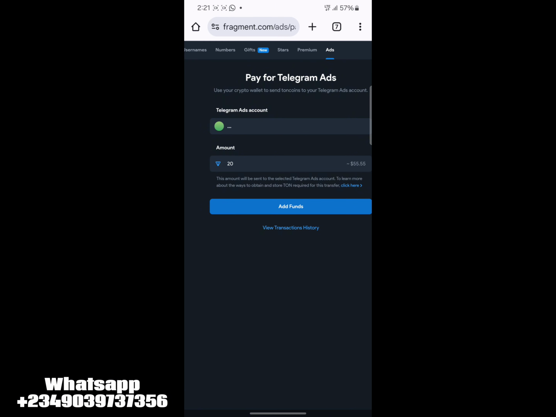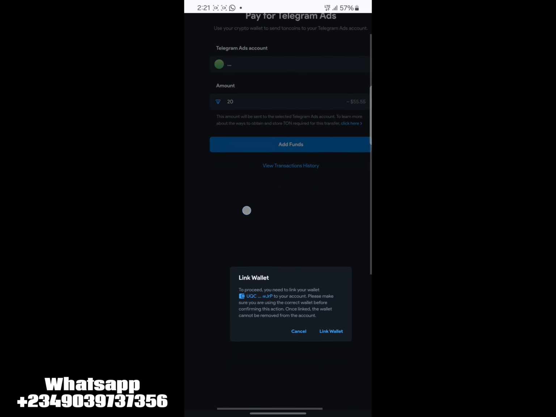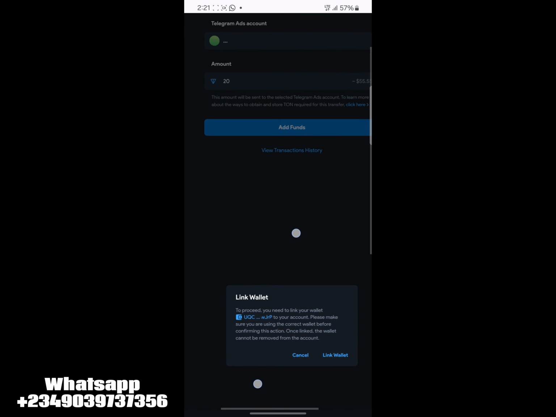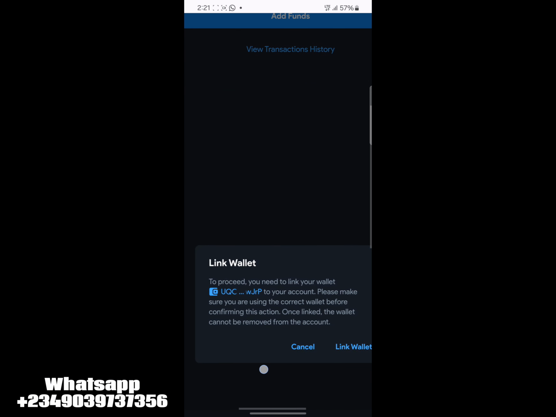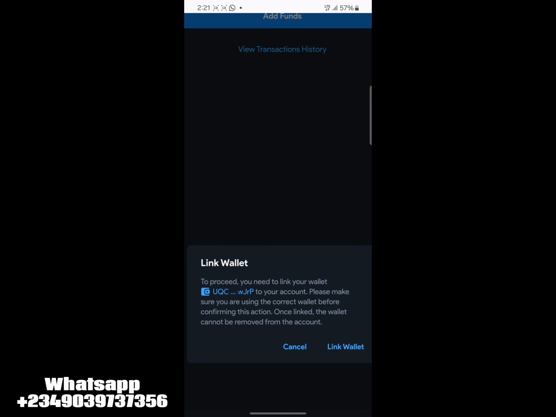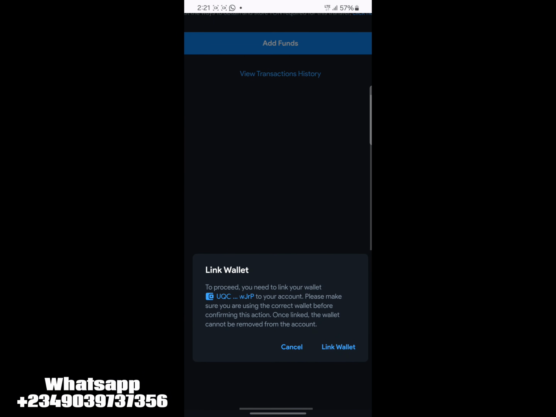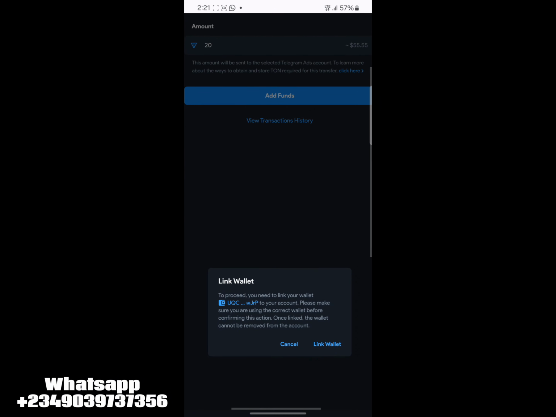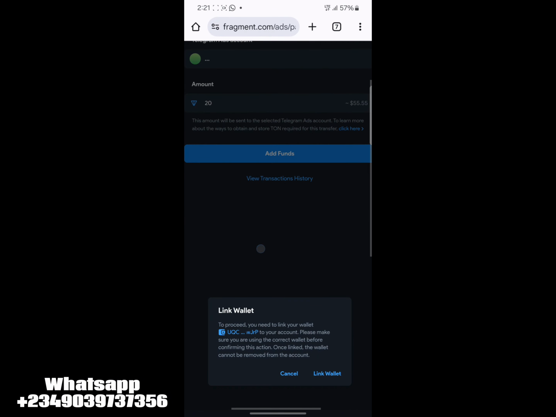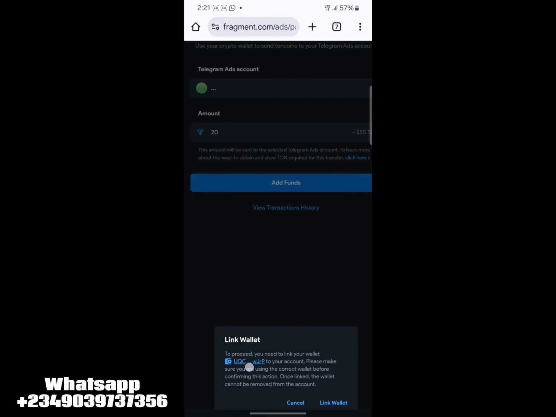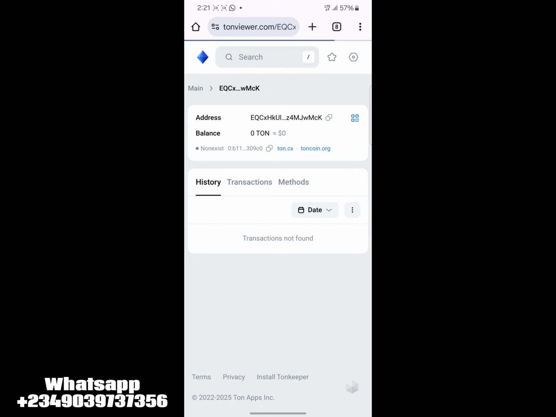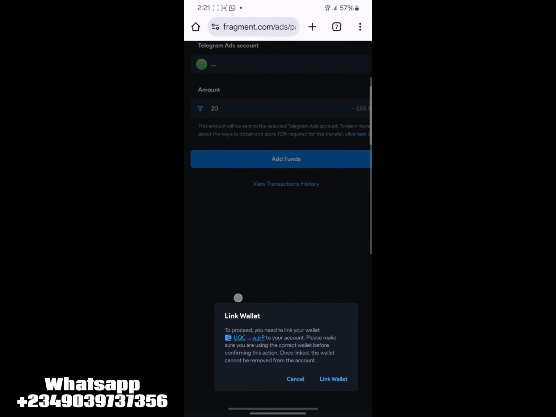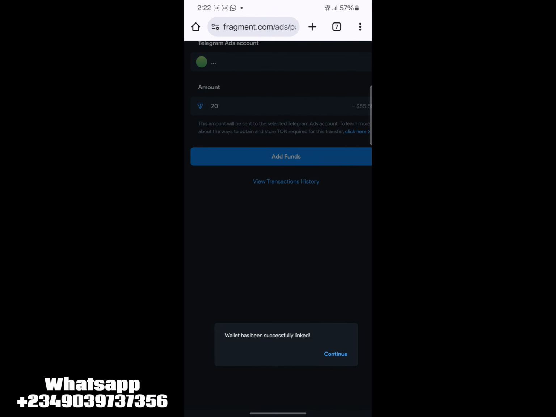So if I click on add fund right now, the next thing you will see is that to proceed you need to link your wallet to your account. Please make sure you are using the correct wallet before confirming this action. Once linked, the wallet cannot be removed from the account. So you have to make sure that you already have this wallet. Okay, this is the wallet, this is the address, and this is the one for my Telegram. Do you understand? So if you click on link wallet,